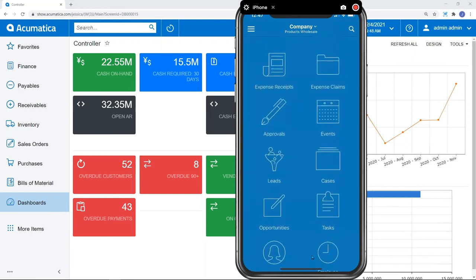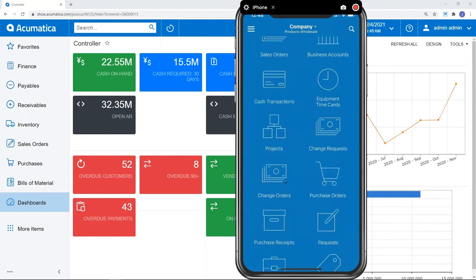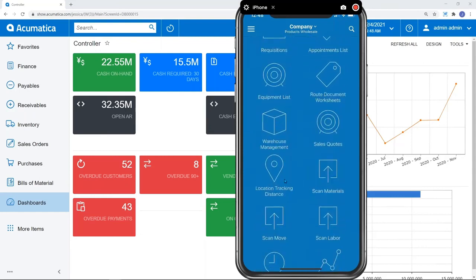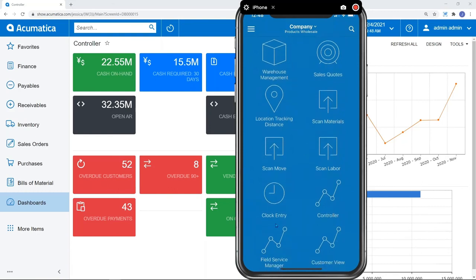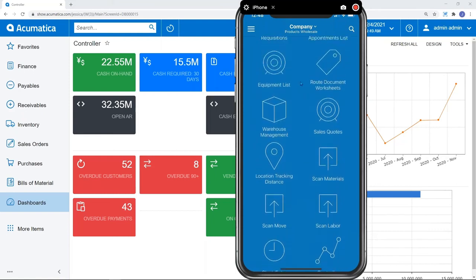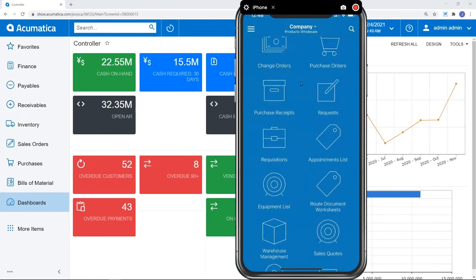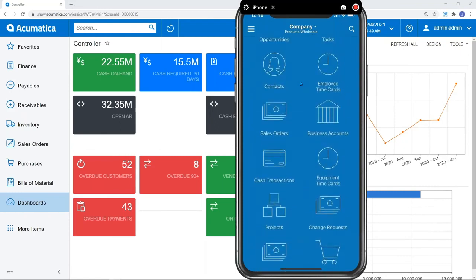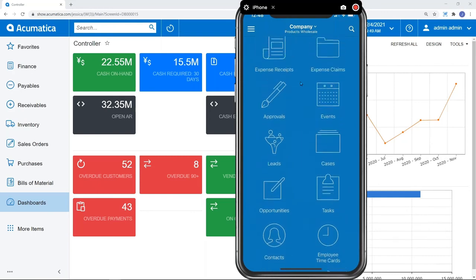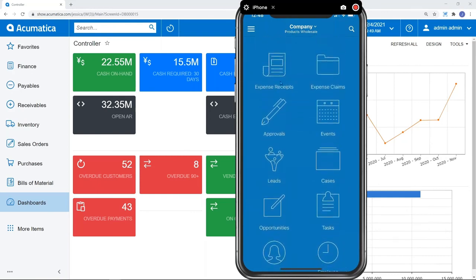So I'm going to give you an example. There's so much we can do in the mobile app. If you're out at a trade show, you can take a picture of a business card and enter a new lead. If you are a manufacturer and you would like to create mobile scans from the shop floor to enter maybe clock time or scan materials. If you manage a warehouse and you would like to pick, pack, and ship from the mobile device, every single one of these things is possible. I wish I had time to take you through all of the options today, but instead I'll just do one demonstration that should relate to really everybody on the call.